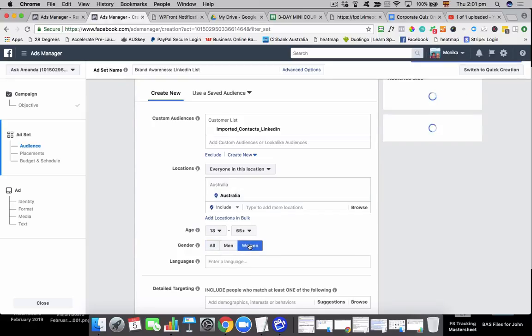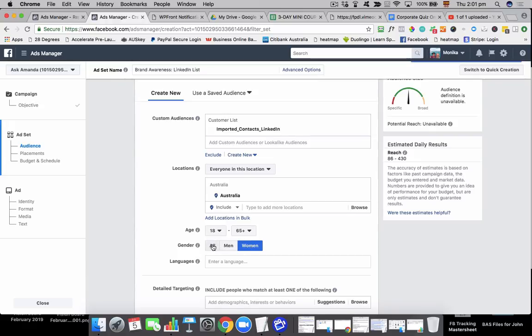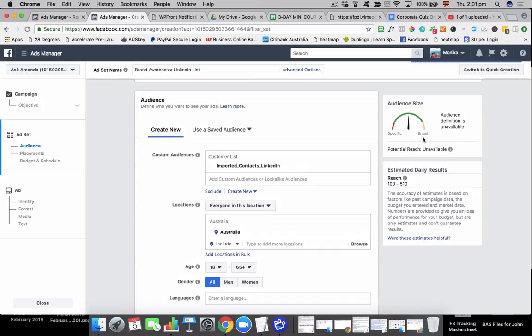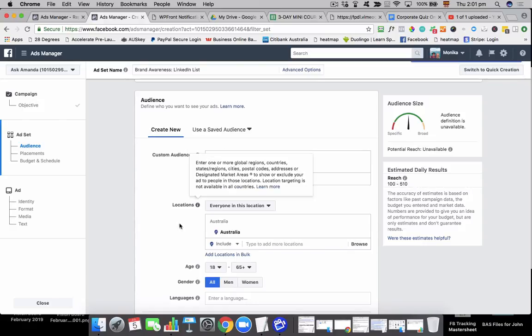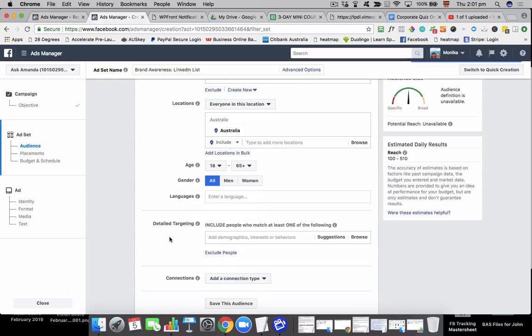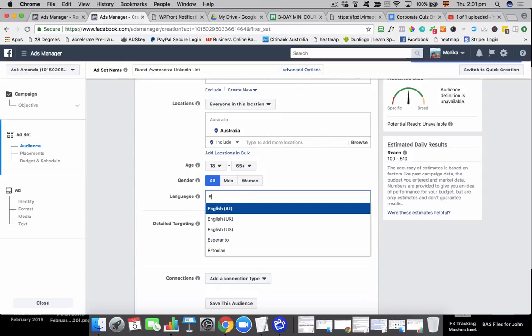You may want to just make it women, but at the moment you can do women and men. Okay. Audience definition is unavailable, so it doesn't really tell you how many people you can reach. Normally it would tell you here, but at the moment you can expect to reach between 100 and 510 people a day. You can define that you only want English-speaking people,